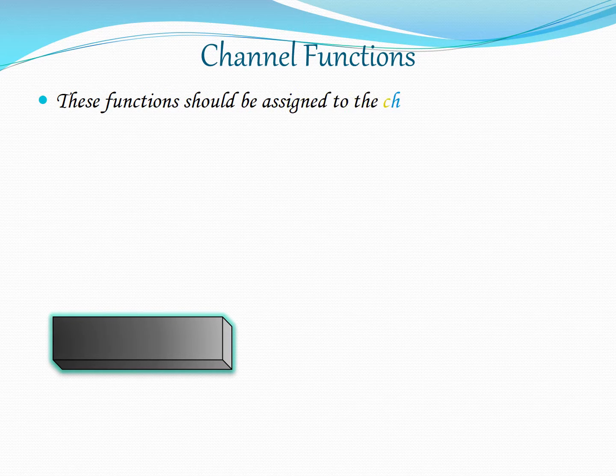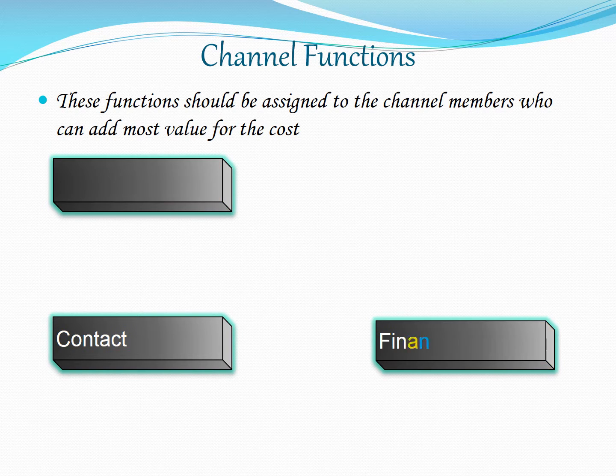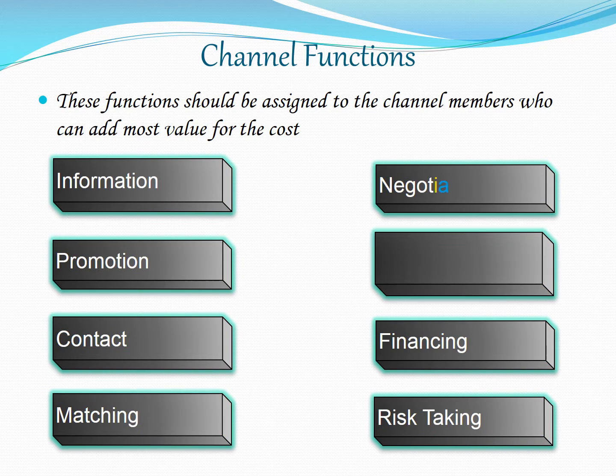Channel functions. The functions should be assigned to the channel members who can add most value for the cost, and in turn they get their own percentage, which is the portion of the entire price of the total product. The various value addition given to the customer by the different intermediaries involves information dissemination, which is a two-way process from manufacturer to the customer and vice versa, from customer to the manufacturer, the promotion of the product and